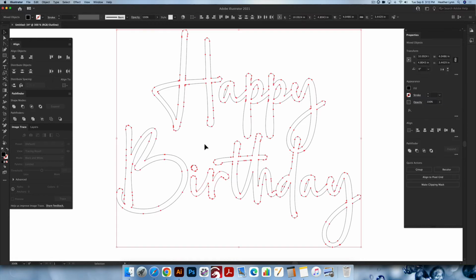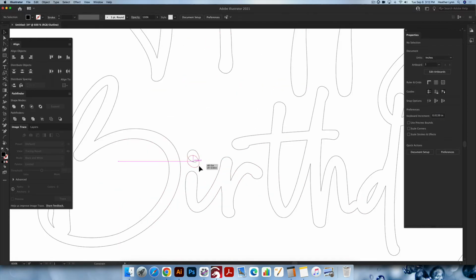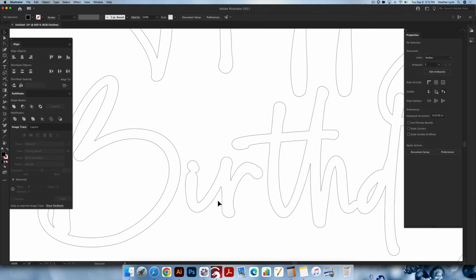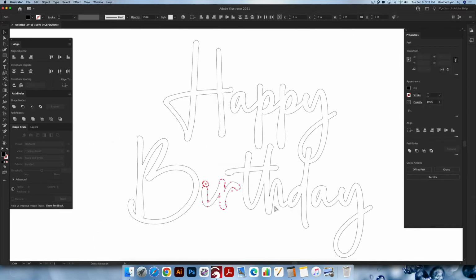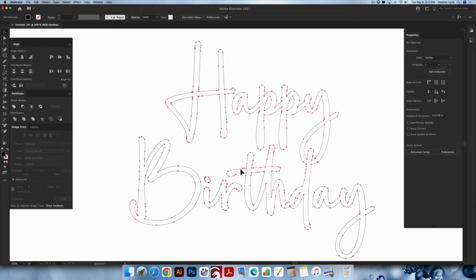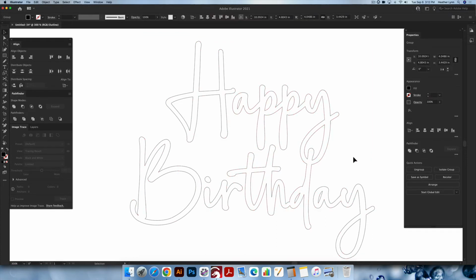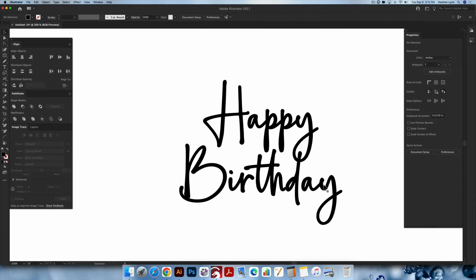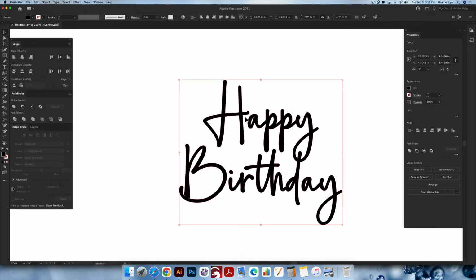So you're going to Command-Shift-G, ungroup, drag this little eye down, and then you would select these together and unite them. I don't like the look of that, so I'm not going to do that for my project. But if you needed to do that, that's how you would do it. So I'm going to hop back into preview mode, and now we have our text. So this is the actual text that we'll be cutting out on our laser for the second layer of the